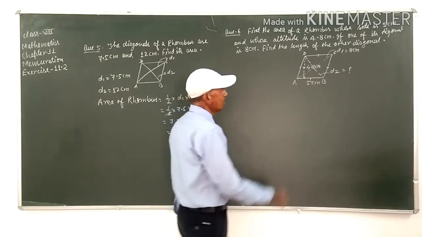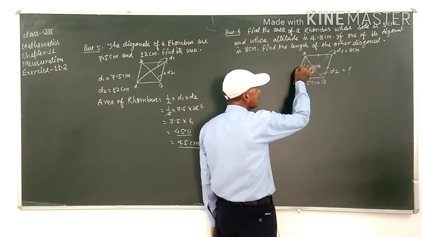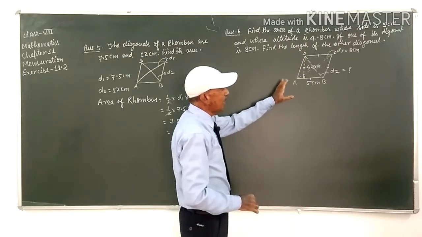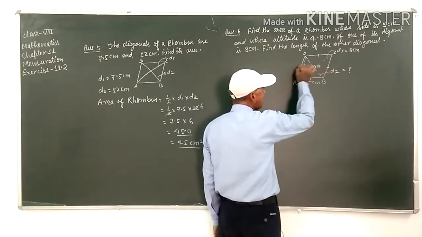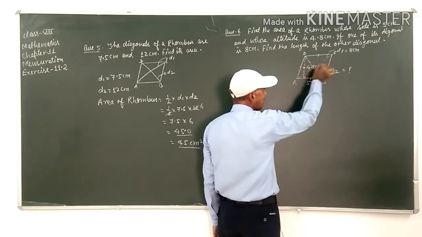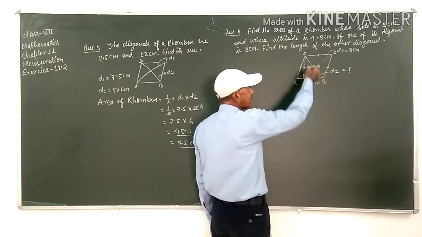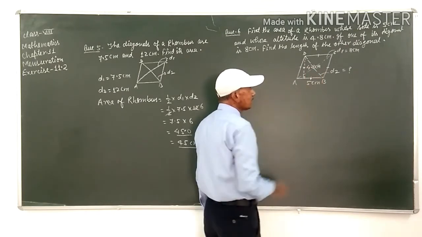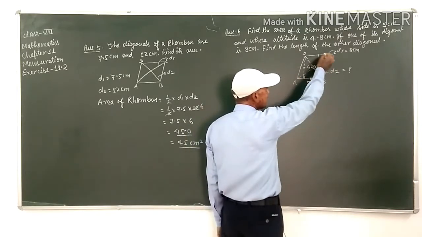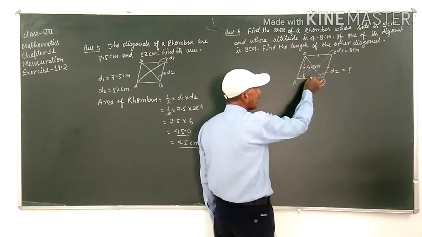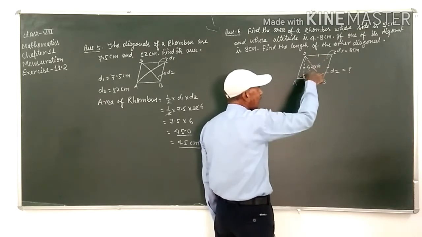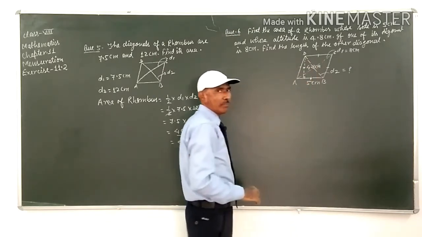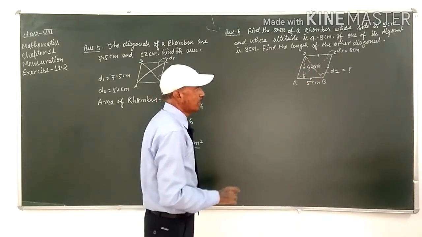In this figure we find that this side is parallel to this side, because rhombus is a parallelogram, student. So opposite sides are of equal length and opposite sides are parallel to each other. This is a four-sided figure, and in this figure all the sides are of equal length and opposite sides are equal and parallel to each other. Therefore it is also a parallelogram. Rhombus is a parallelogram, student.